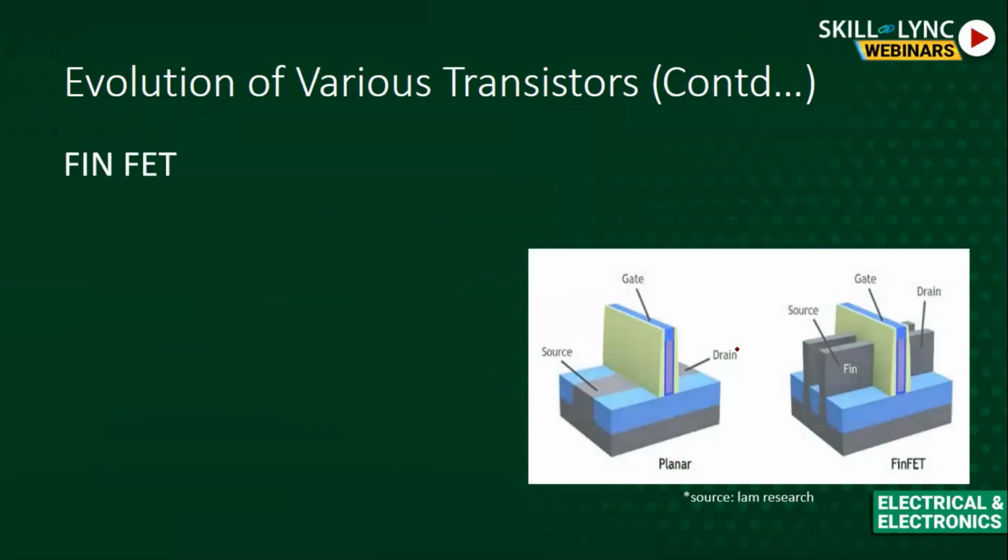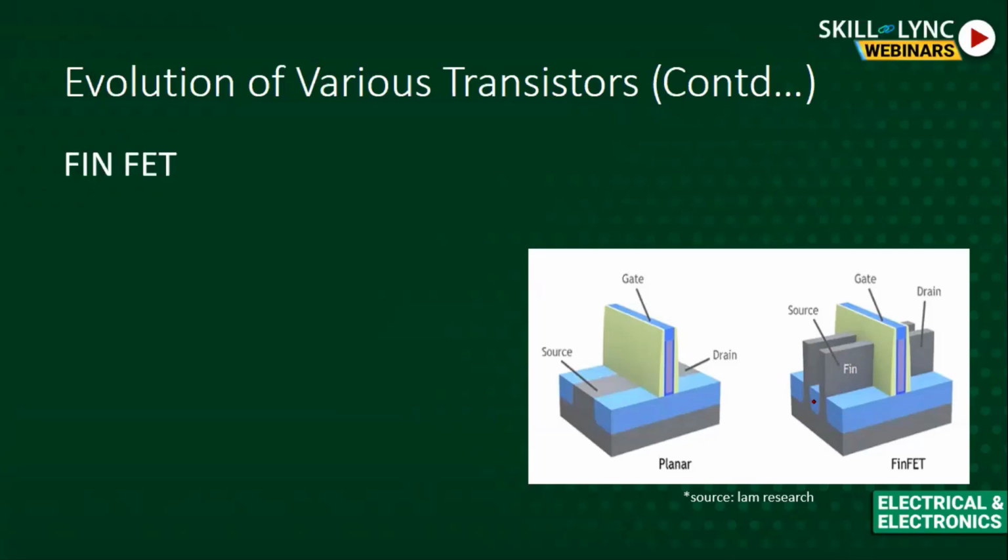Field effect transistor. You can see one picture on the screen. On the left, you have the planar one, and on the right, you have the FinFET technology. So the transistor is formed with planar CMOS technology, and the other with FinFET technology. Here you can see the channel is now not horizontal. The gate is completely covering the source and drain. These we call fins. Earlier it used to be only the horizontal one. Now we have some edges, and it has grown.